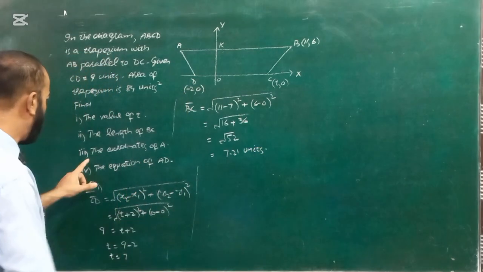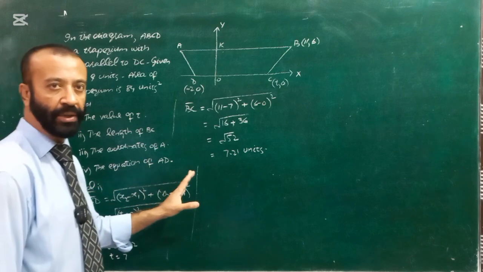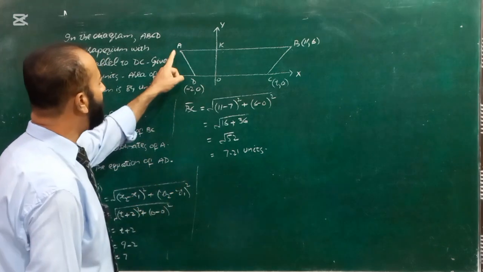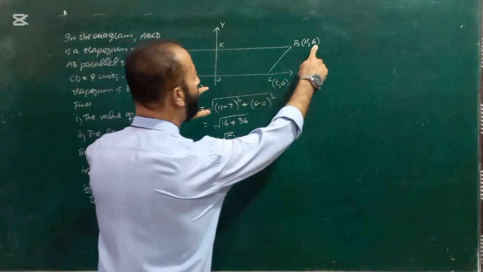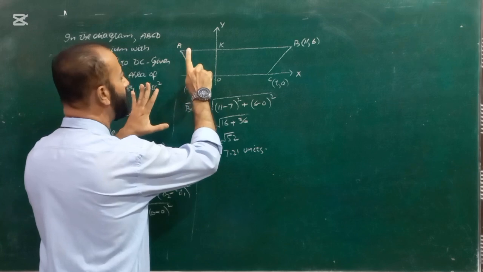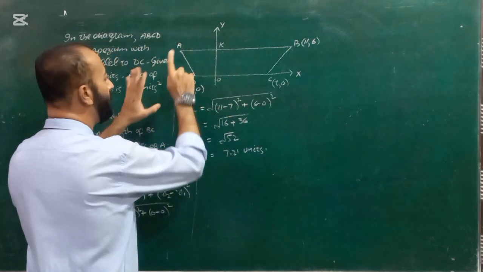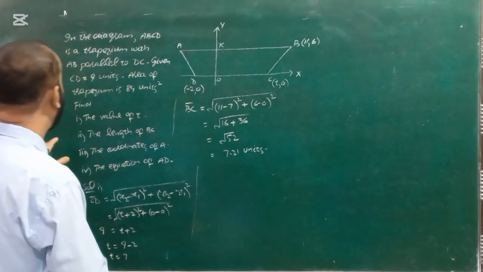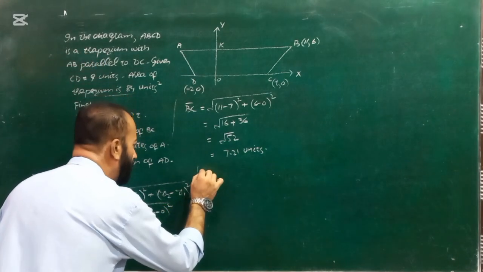Now the third part, the coordinates of A. This is very important part because you can see from here the height is 6, so this will be the height 6. So x coordinate is done, y coordinate is done, that is 6, but x coordinate will be found out. So look now, here is the area of the trapezium given. So third part,